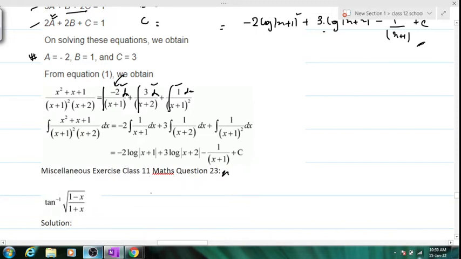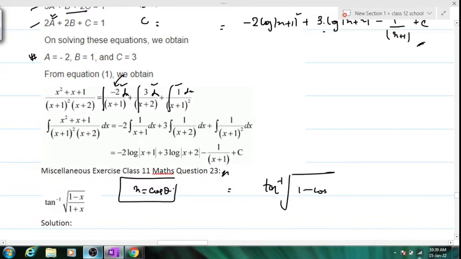Yes. Can I substitute cos square x? 2 cos square x or cos 2x? What do you think? Or cos x? You can substitute anything. Go with this. Tan inverse root 1 minus cos. You can take 2x also for your convenience. Cos 2 theta. And denominator you'll have 1 plus cos 2 theta.